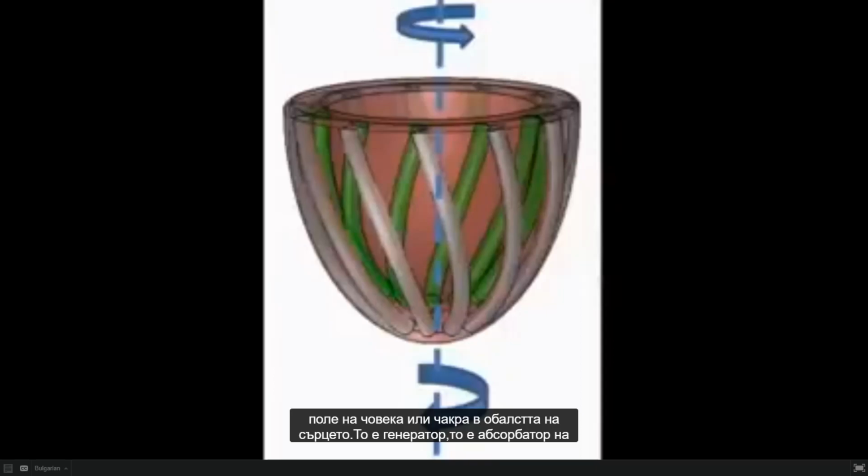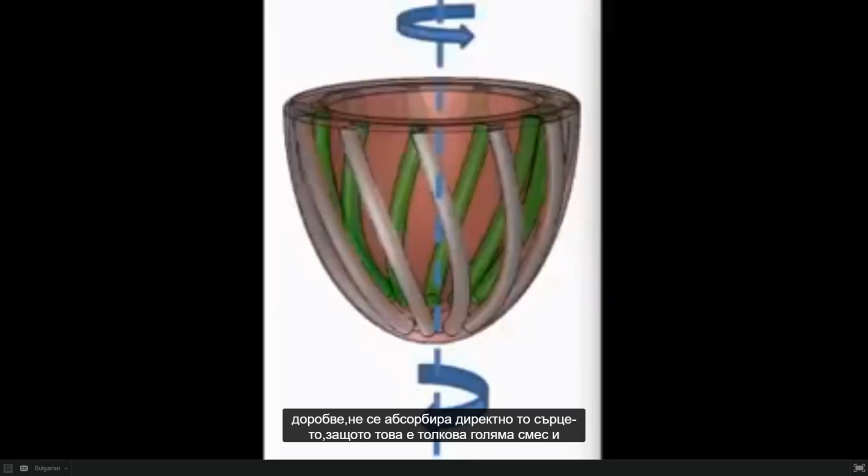It's a generator, it's an absorber of the energy. The energy from the conversion from DM and AM comes from the breathing of the oxygen in the lungs. The red blood cells carry the energy and deliver it, but if they have to deliver in a certain way, most of the energy which comes through the lung is not absorbed directly by the heart for its work,